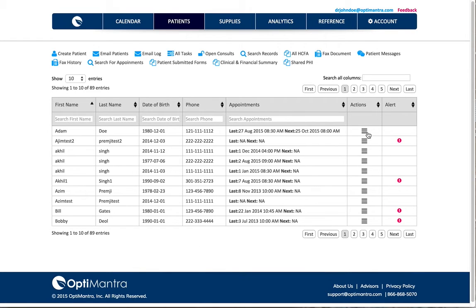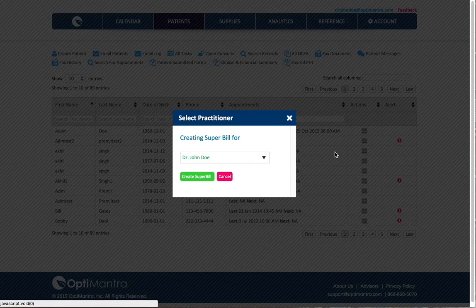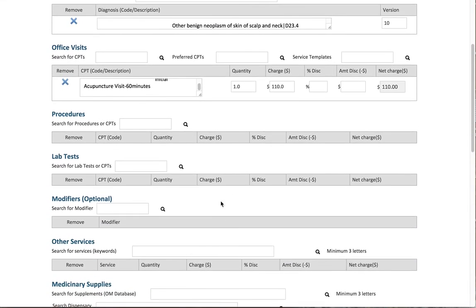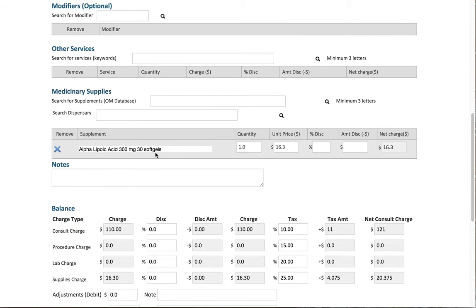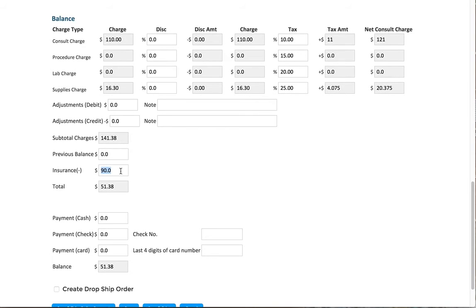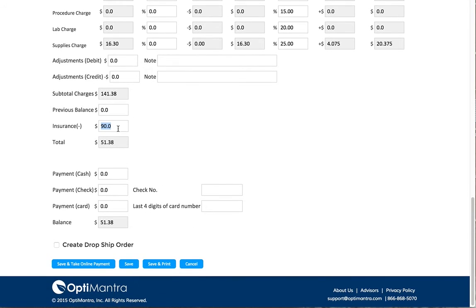Once that's done, we can also create the super bill for the patient, and you'll notice that it brings in the diagnosis code, the CPT codes, and also the supplements. And it will also bring in the amount of dollars that are submitted for the insurance claim. And if the patient is paying by card, you can indicate it here. And we can also take online payment. Once that's done,